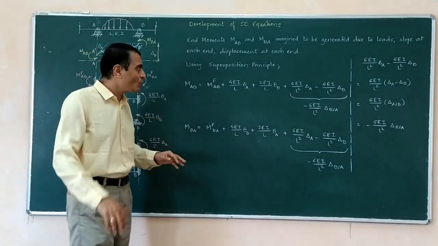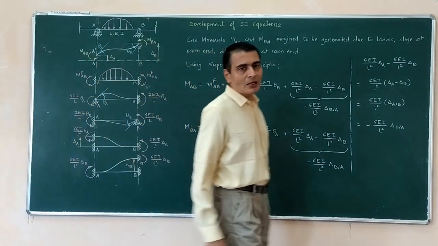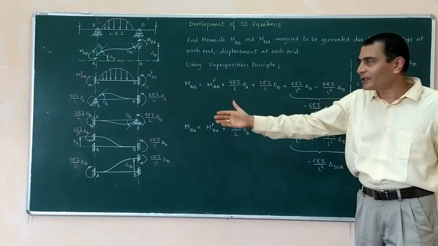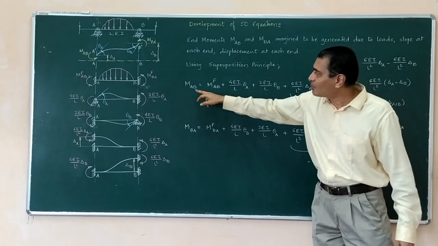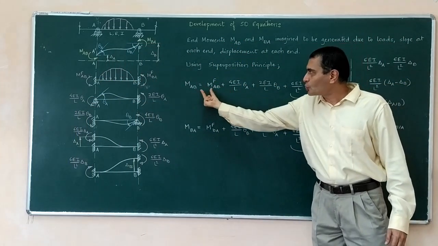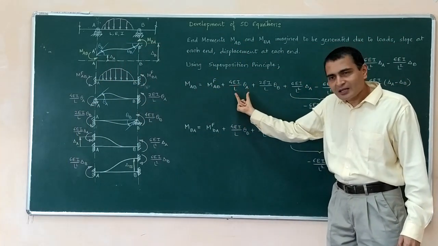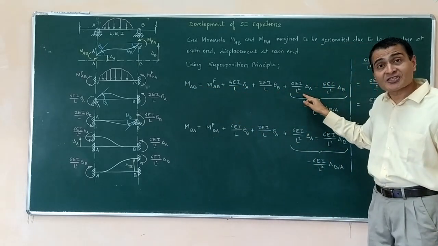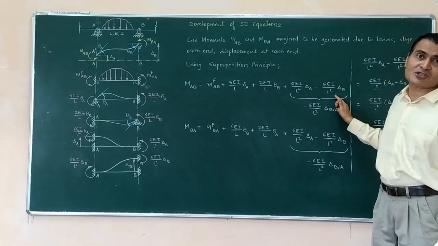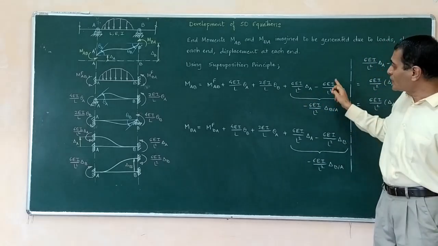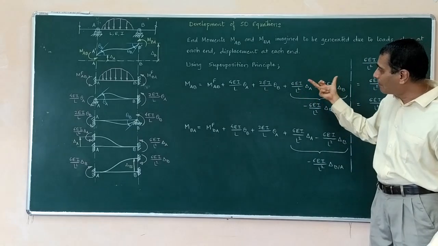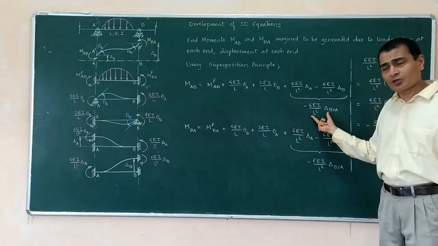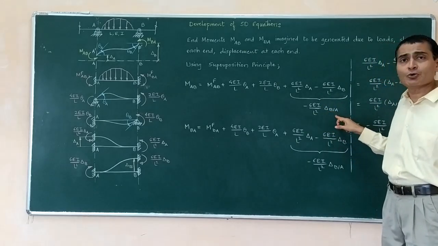So that is precisely what we are writing in these equations. Please compare all the movements shown at A joint and see all these terms. M of AB is equal to fixed end moment, near end rotation moment, far end rotation moment, near end translation moment, far end translation moment. Now these last two terms may be combined and may be written as negative 6 EI upon L square delta B relative to A.